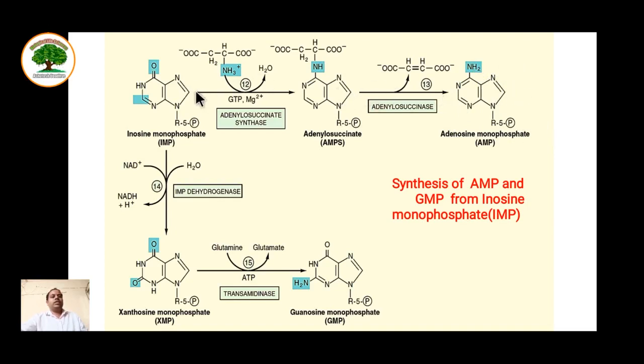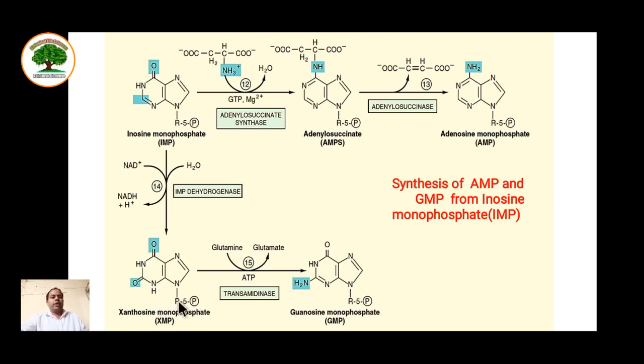Okay, now let's see the guanine formation. Here inosinate monophosphate is acted upon by the IMP dehydrogenase enzyme. As the dehydrogenase power, that is NAD positive, is used here, it is converted into NADH plus H plus, and there is an addition of an H2O molecule here. You can see here at this carbon there is an attachment of oxygen, and xanthosine monophosphate is formed, that is XMP.